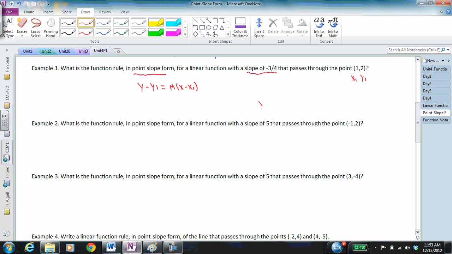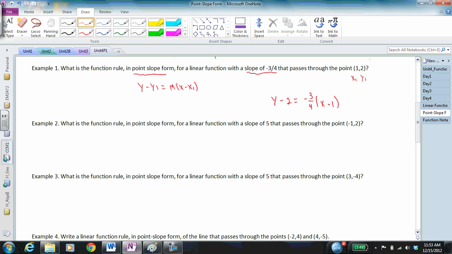Pause the video for a second, try to write the rule yourself, and then play to get the answer. So the answer is y minus 2 equals the slope, which is negative 3/4, times x minus x1, which is